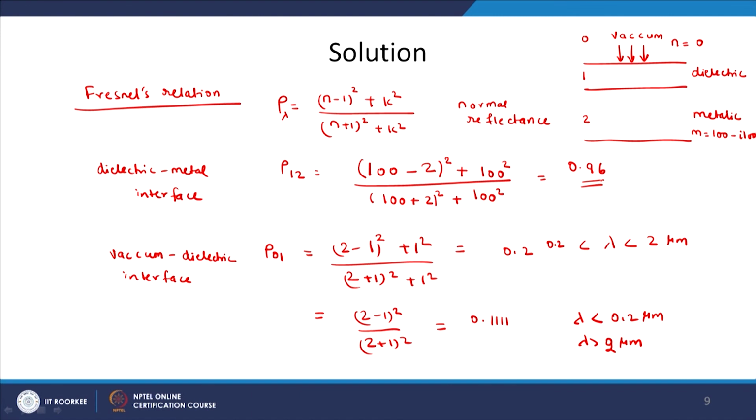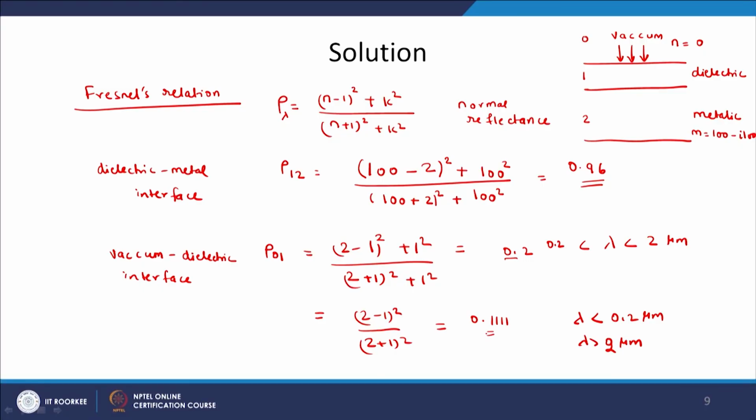Had we used only metal, we would have got a good amount of reflectance. The absorptance of the metal is very poor. Had we used only dielectric, the dielectric also gives you good absorptance, 0.2 or 0.1, but it also gives you good emittance. So, it will no doubt absorb more, but it will also emit more. But by combining the two, the dielectric and the metal, we have achieved the best of both worlds: a good amount of absorptance and a low amount of emittance.